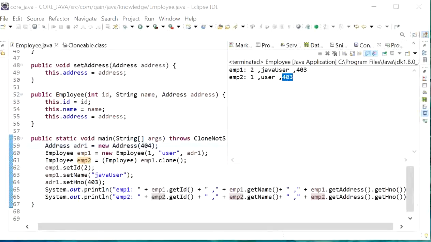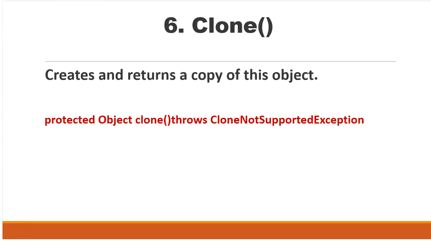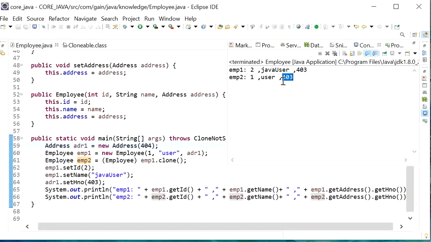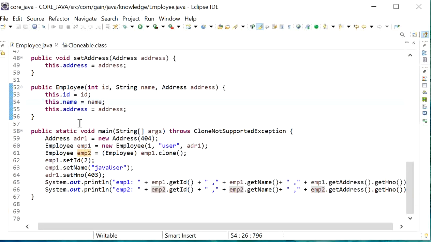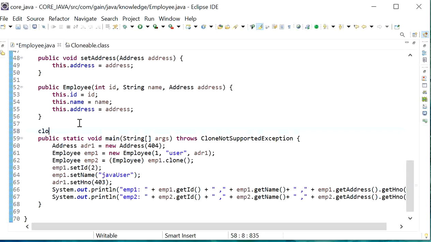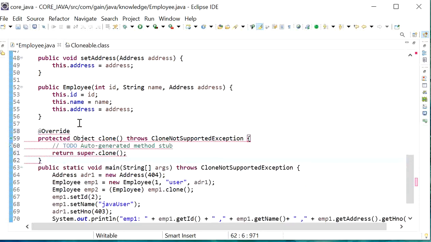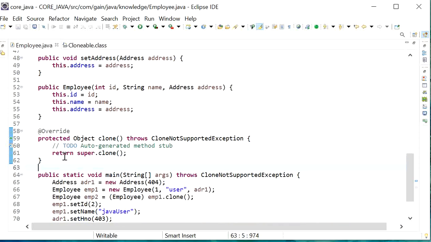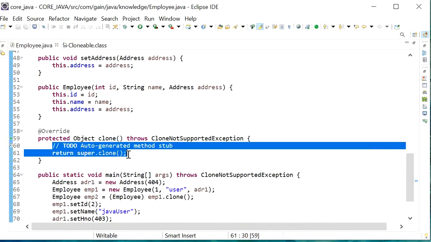And what is deep cloning? The process of creating an exactly independent duplicate object is known as deep cloning. In deep cloning, if the main object contains any reference variable, then the corresponding object copy will also be created in the cloned object. The Object class clone method is meant for shallow cloning, but if we want to perform deep cloning, then we need to override the Object class clone method. So here we will override the clone method of the Object class to perform deep cloning. There will be no effect on the reference object if we do any modification in the employee 1 object.